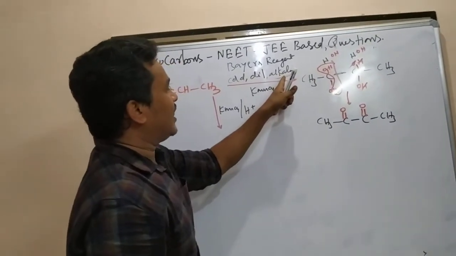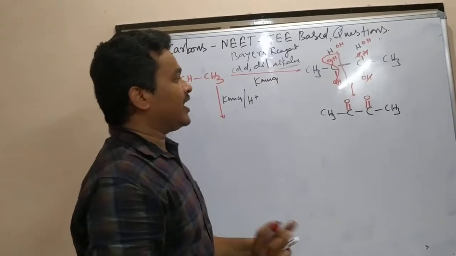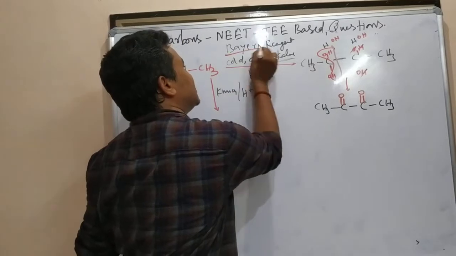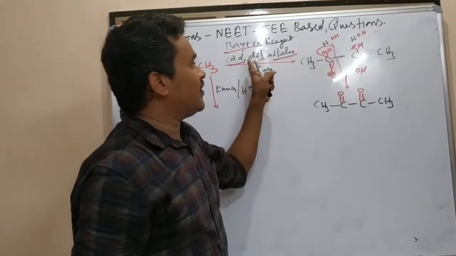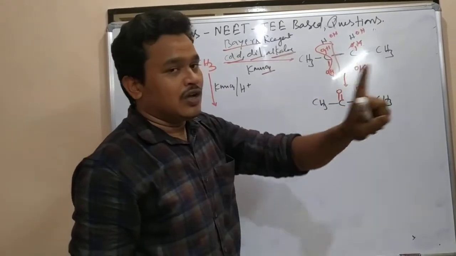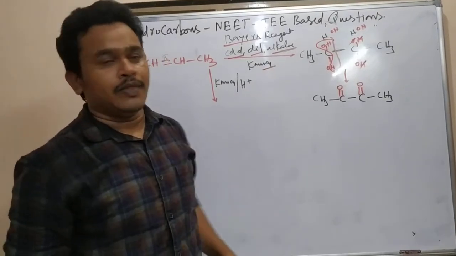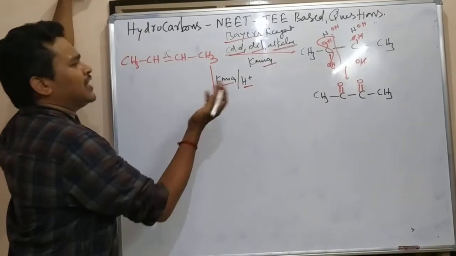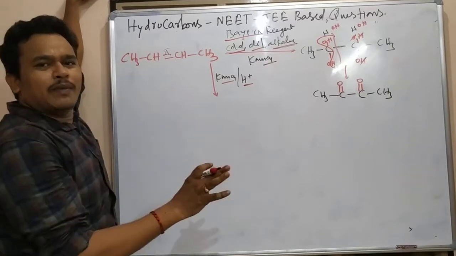Why am I adding OH? This is the alkaline one. Here OH is generating. There is a different mechanism, but I am talking in terms of a trick. How to write the product here? When you see the reagent Bayer's reagent, otherwise cold dilute alkaline KMnO4, on the arrow, remember this CC bond should not break. And if acidified KMnO4 is given, the only difference is that including this pi bond, everything you have to break. Two pieces you made.